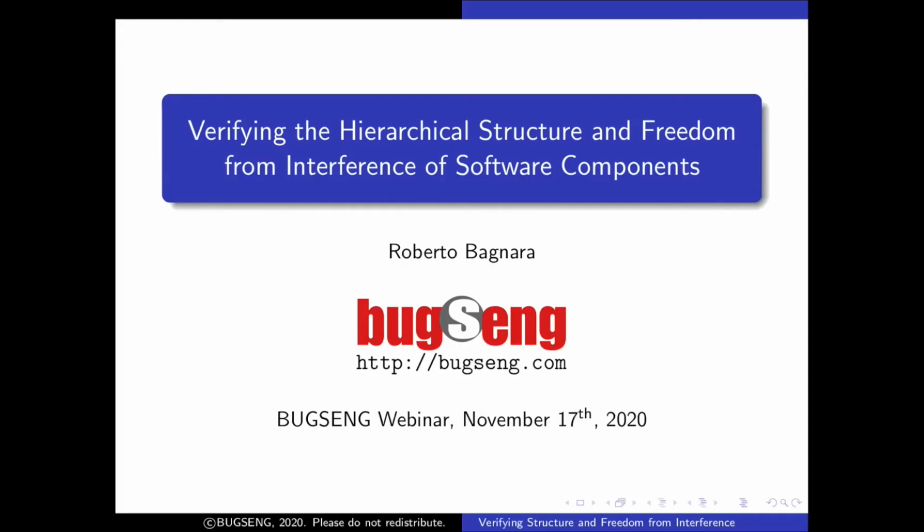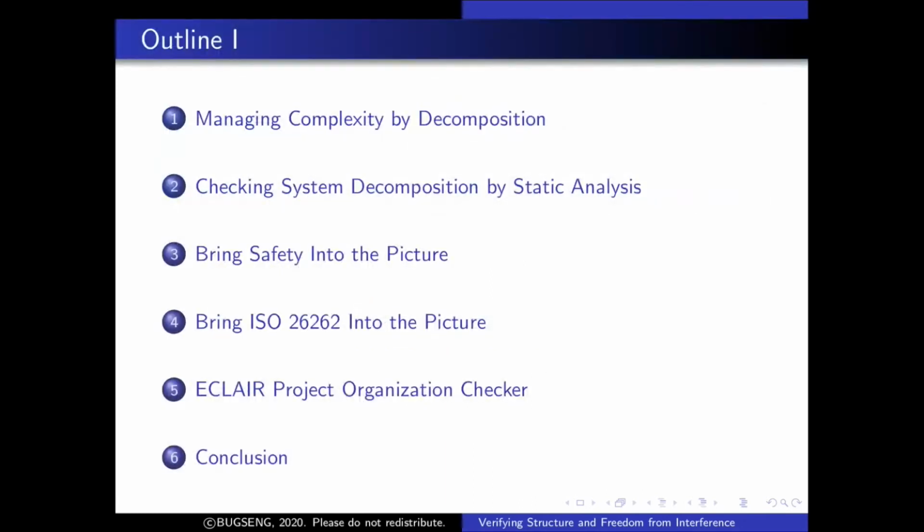Okay, thanks for the nice introduction. Let's start. Here is the plan for the presentation. Even though there are many people from the automotive sector, there are also many people that are not from the automotive sector. So I will start with system decomposition by static analysis in a way that is completely independent from any safety consideration and any